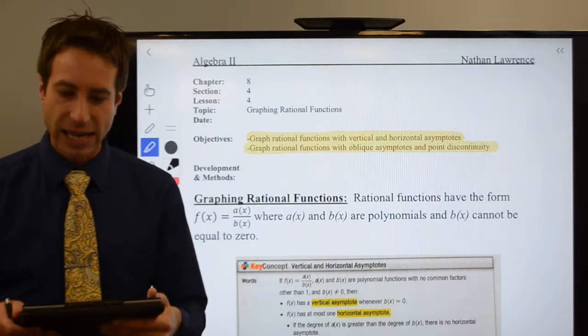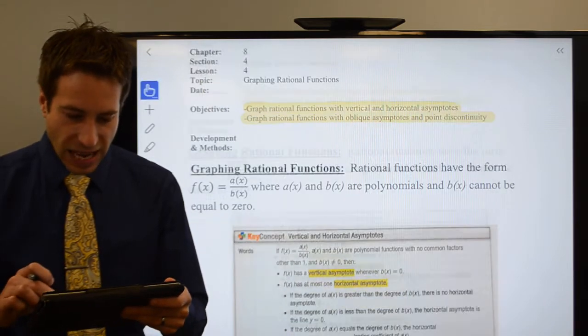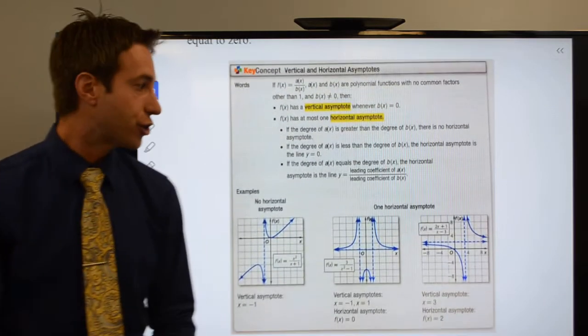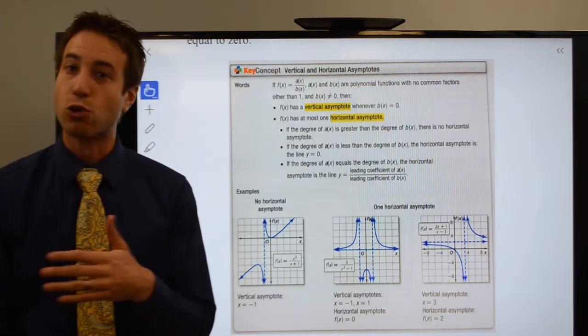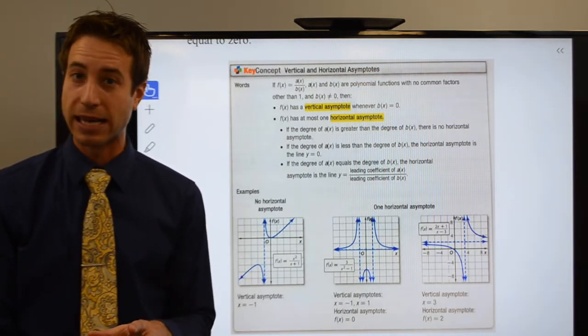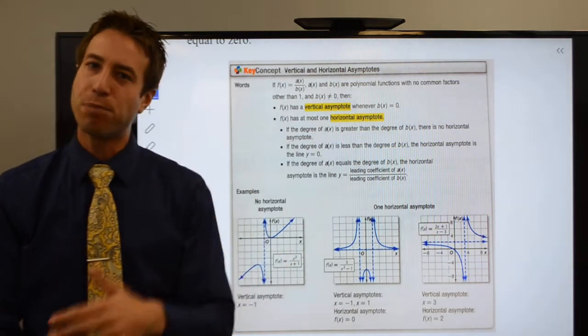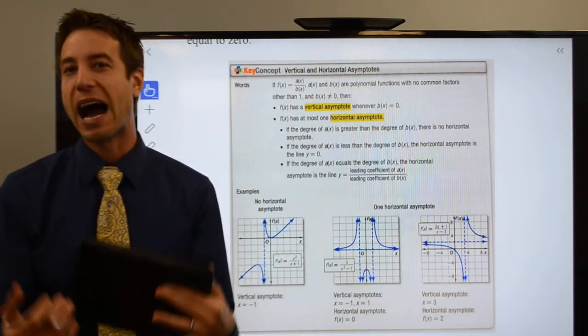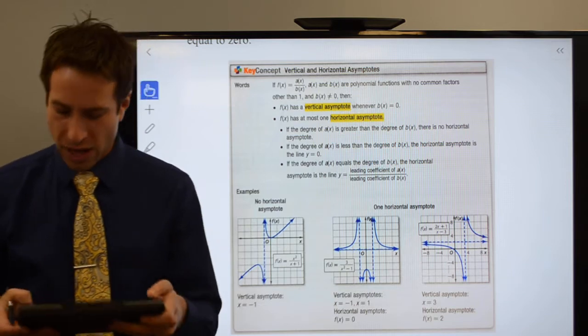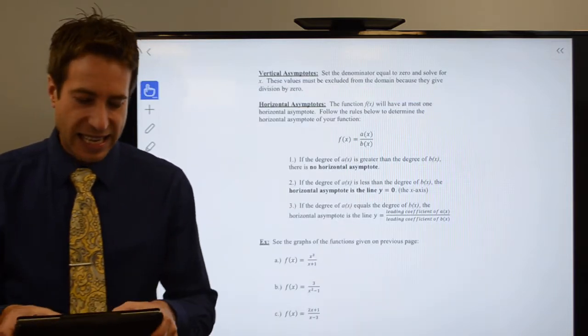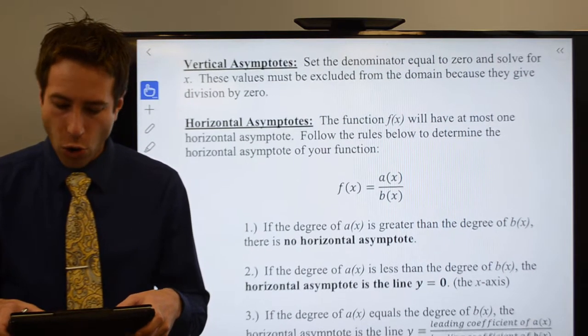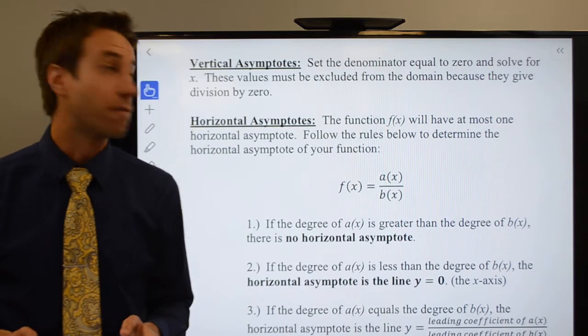We'll go ahead and jump right into this by taking this chart right here, which does a really good job of summarizing vertical and horizontal asymptotes for you, but I've put all this information the way I've written it on the next page. So let me head over to this page, and here's where I'll take some time to go over first vertical